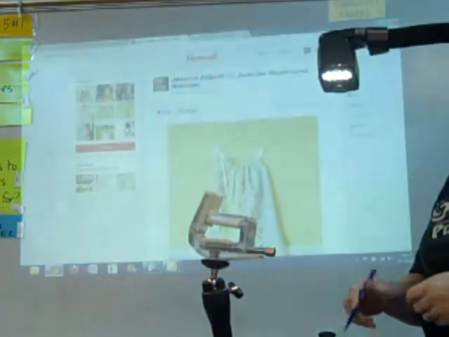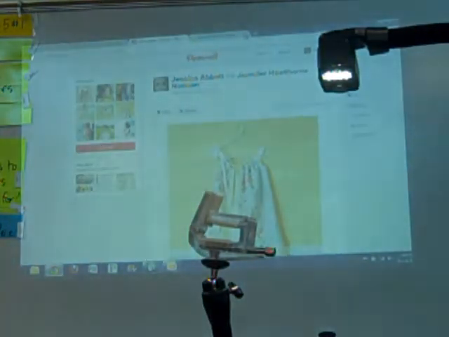Inequalities. Inequalities. Oh, I did it again. Now I'm looking at a dress and